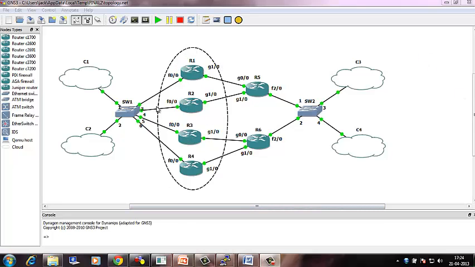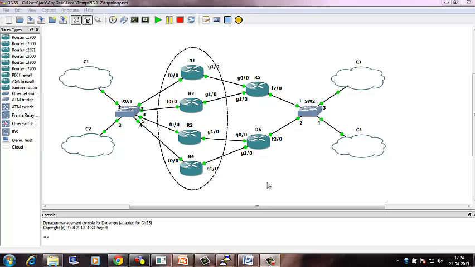circle, and this implies that I'm implementing the GLBP protocol, the Gateway Load Balancing Protocol, in these 4 routers. The Gateway Load Balancing Protocol aims to reduce the traffic and manage the load from the layer 2 between the layer 2 and layer 3 interfaces, that is between the switch and the router. So I'm going to implement GLBP at this particular interface, the first interface which faces the switch,